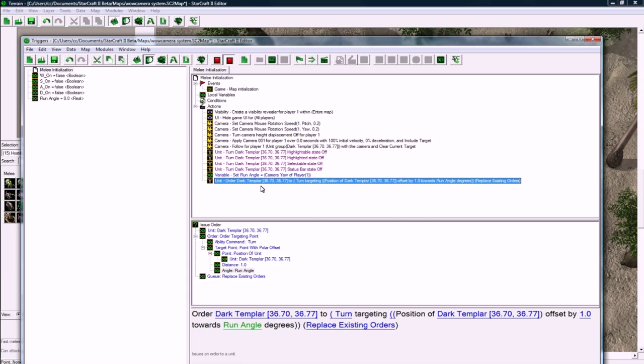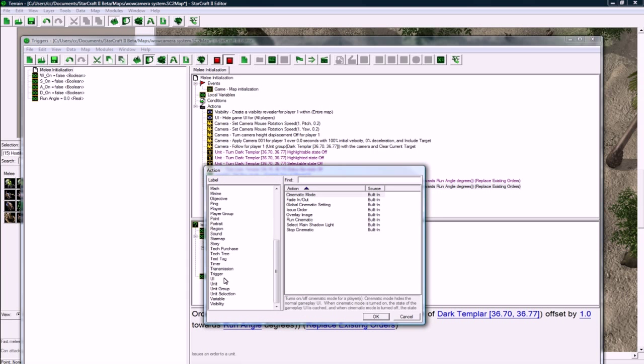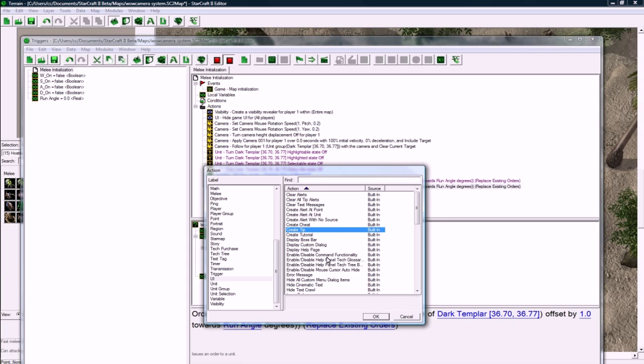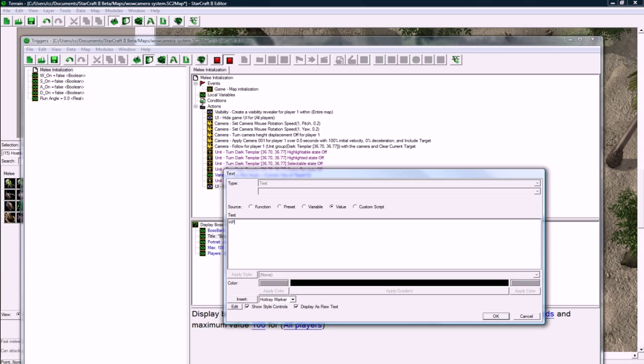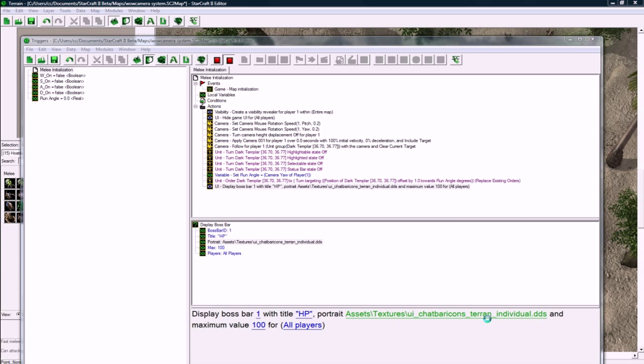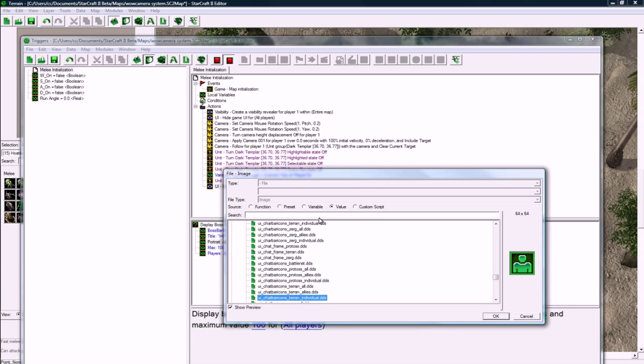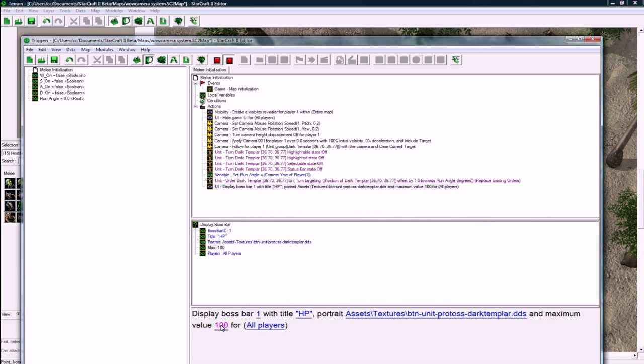And then let's copy paste, and now let's do the boss bar stuff. UI, where is it? Display boss bar. I really should just search for it instead of scrolling. Display boss bar 1 with title HP. Okay, and portrait. Oh, I already clicked it by accident. Portrait, let's search for dark. And there it is right here. Okay, with value